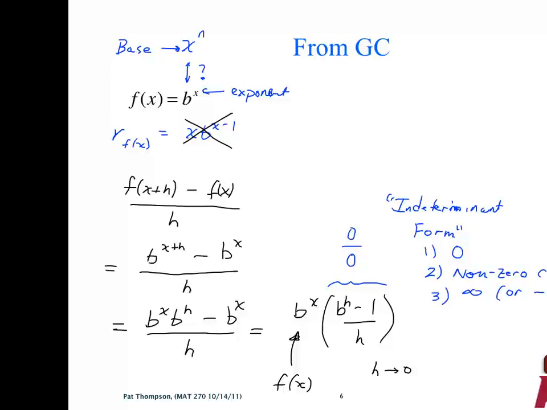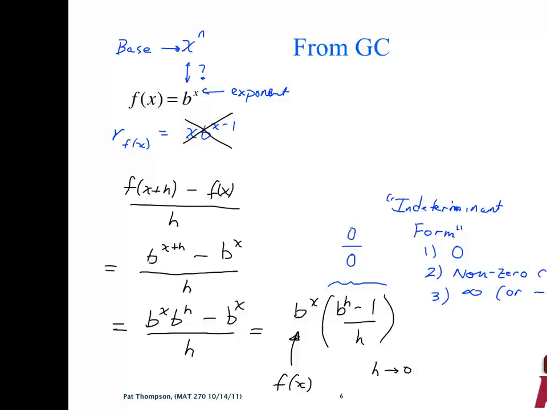So it depends on the context, it depends on the situation. It could be 0, it could be any real number, or it could get infinitely large, or infinitely large negative. So, based on the fact that we're finding the rate of change of an exponential function,